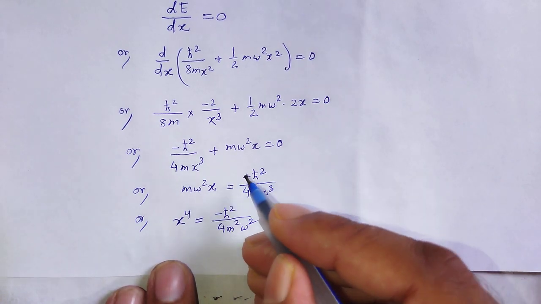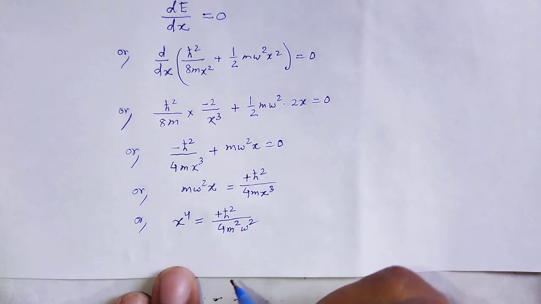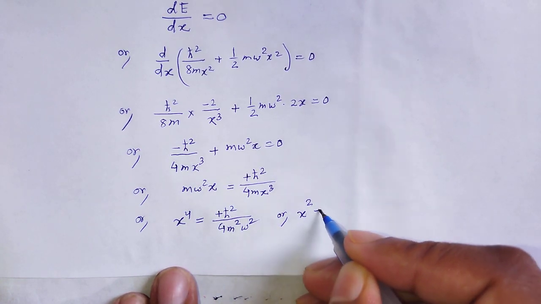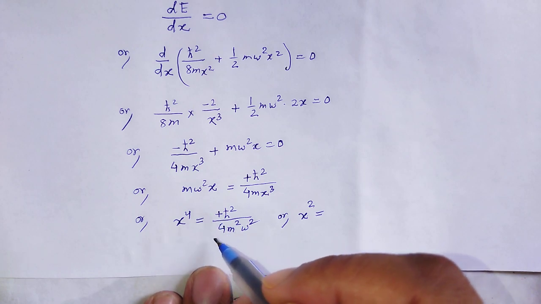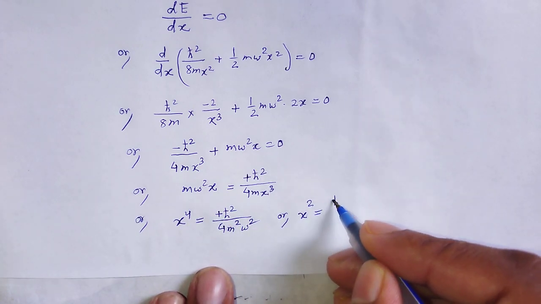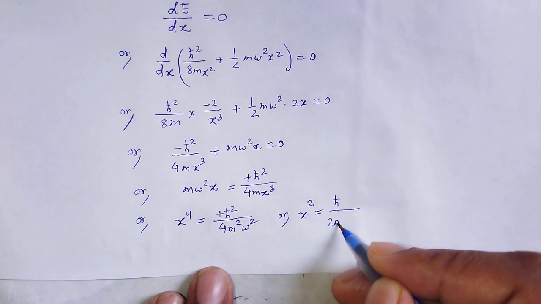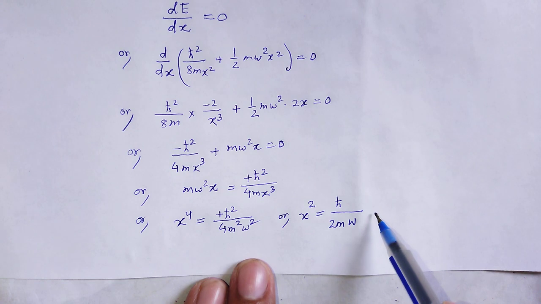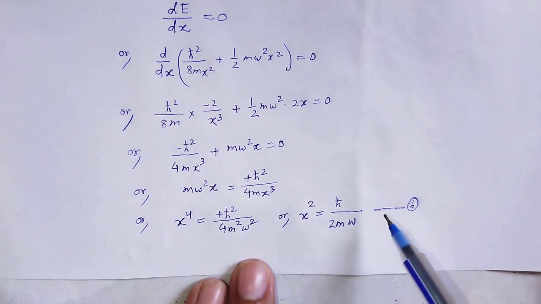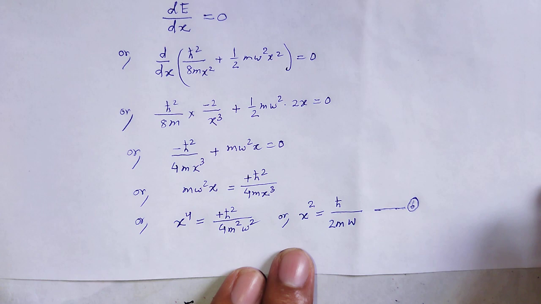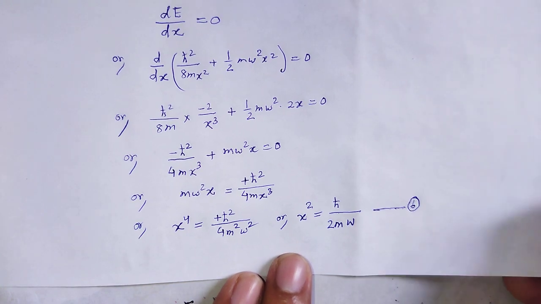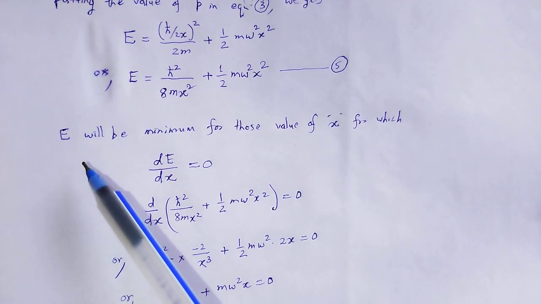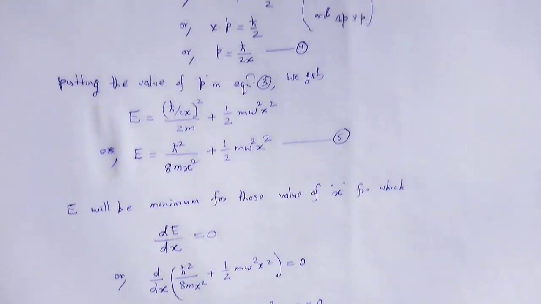So, the value of x square, under root, is h cut divided by 2 m omega, equation number 6. Therefore, equation 5 becomes, for that minimum value,